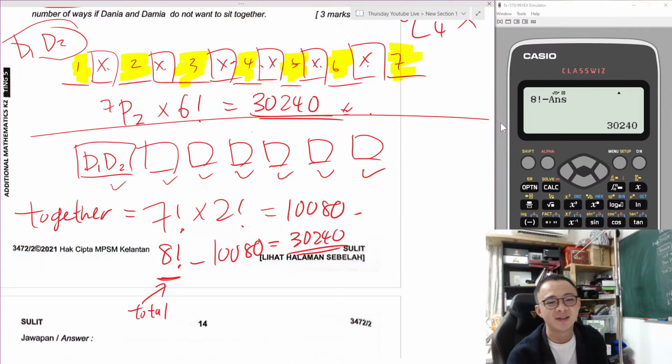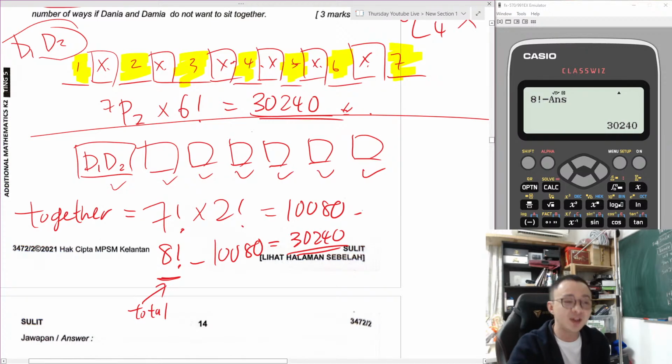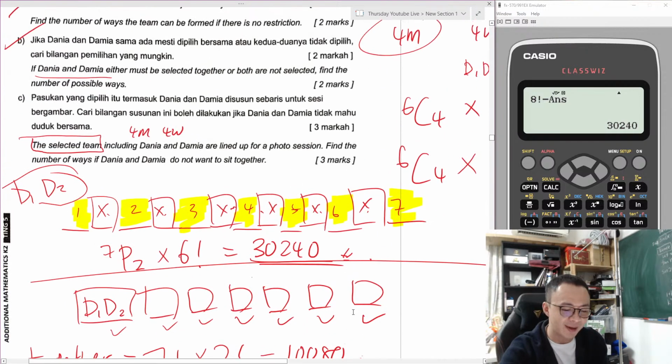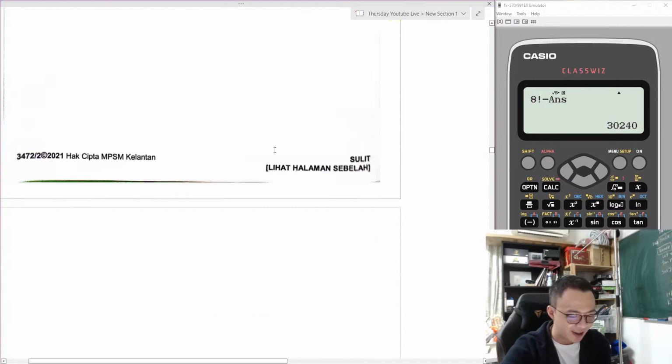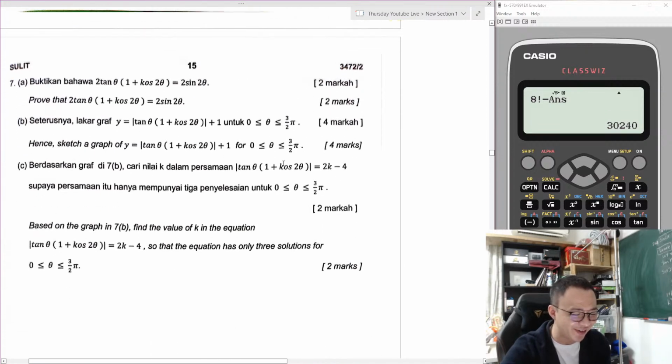Sir, can I find the total permutation minus? Yeah. So for which true? Yeah, definitely the second method is exactly the method you say here. Okay, so yeah, this is permutation and combination. It's not too bad. They give us about 7 marks in total. So I guess this question is fine.